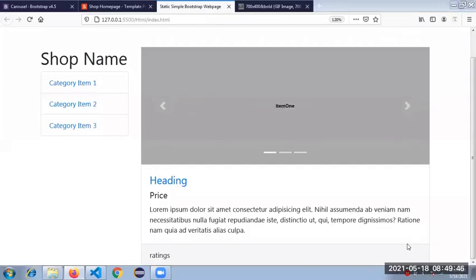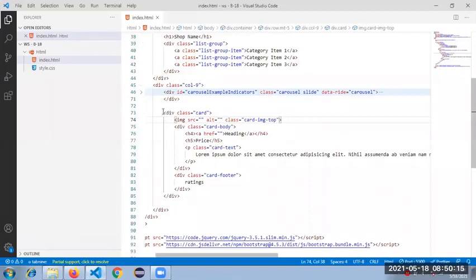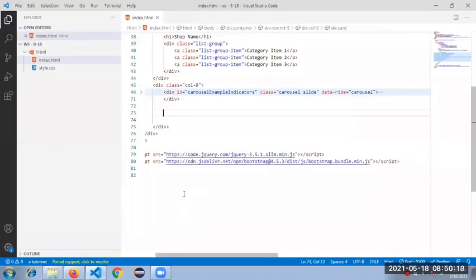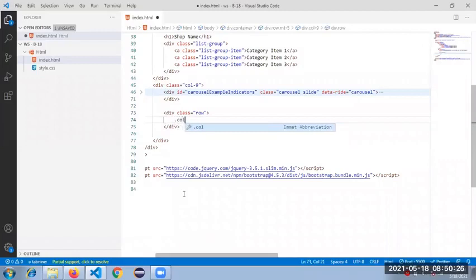Yes, yes. Obviously, the issue is, yes. So for that, I will cut this, dot row, dot col-4.